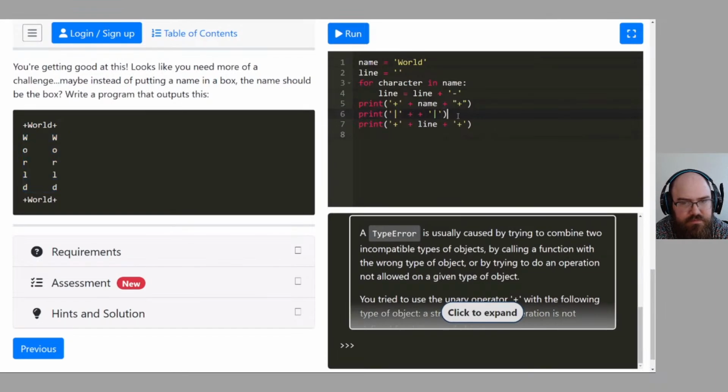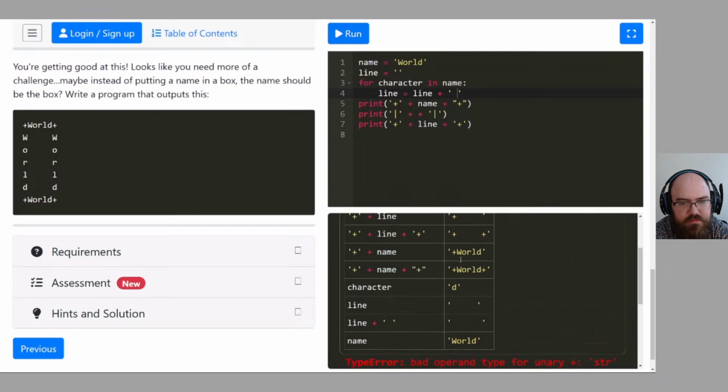I feel like it has to do with something here. What if we change that dash to a space? I know it's going to involve a little space. 9 plus space. Okay, I have to get rid of this error.